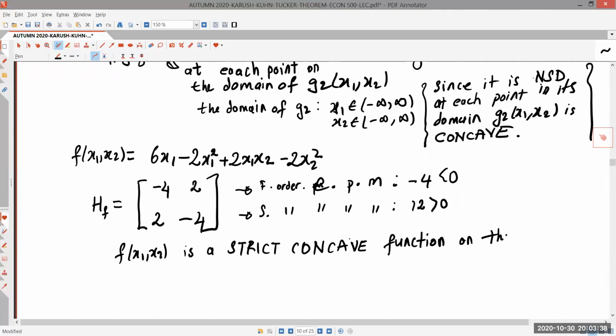On the domain of F, where the domain is,